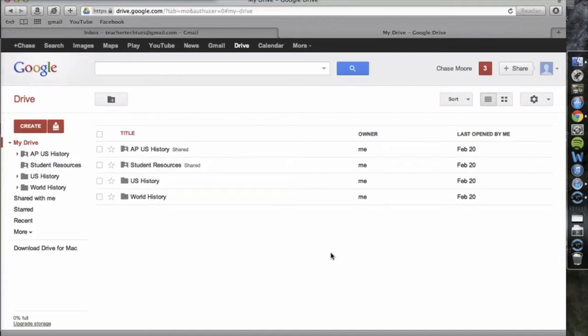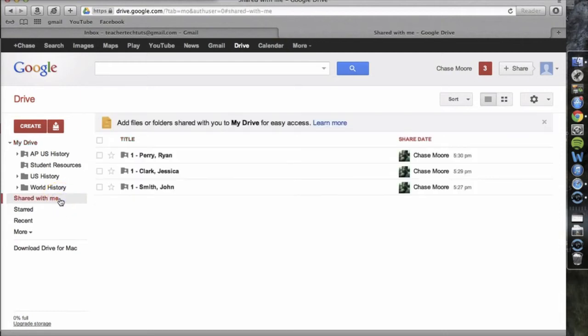To find anything that's been shared with you, simply we go to the Shared With Me link on the left-hand side. When I click on it, what I find are those three folders that were created. And so what we want to do now is to place these folders into a class period folder. So it makes it easier on you as the teacher. You can go to your first hour class and then sort through students there, instead of sorting through 150, 120,